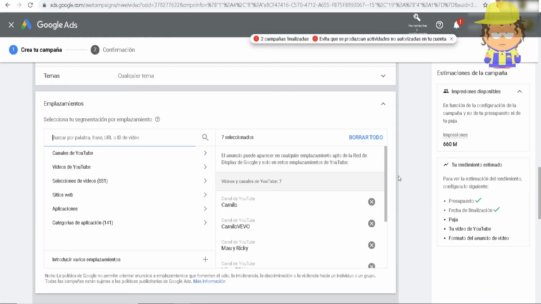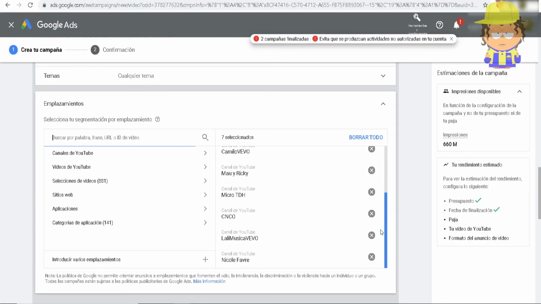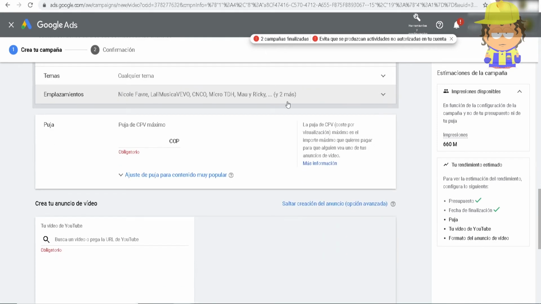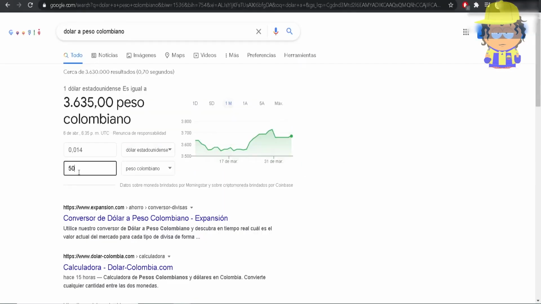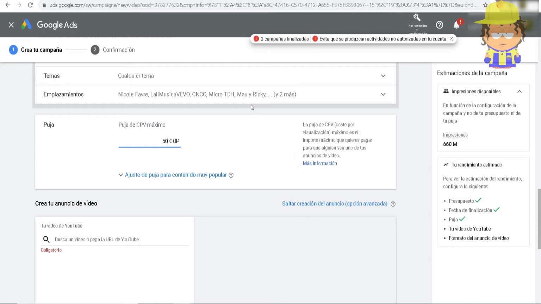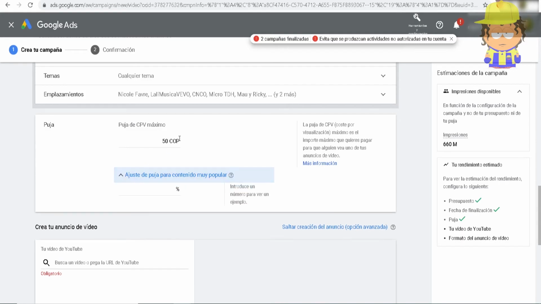After we have all the locations ready, we proceed to set the bidding. In the bidding process, you are going to set a certain value that will be paid for each ad that is shown. Usually here they are placed a value between $0.018 to $0.07. In Colombian pesos, you can place a value between 80 to 320 pesos, even 400 pesos. Then below we can place a percentage of how much you are willing to pay more to have your ad displayed ahead of your competitors.